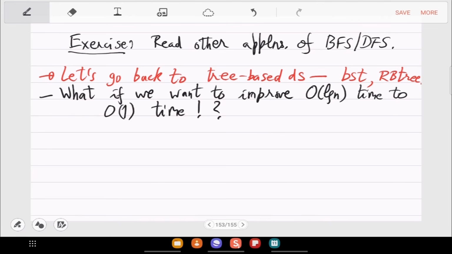Yeah, so that is the thing we want to do now. And we will not be completely successful, but we can come quite close. Almost all the operations ultimately can be done in constant time. So for that, we have to look at a new data structure, which is called heap. There are many kinds of heaps.